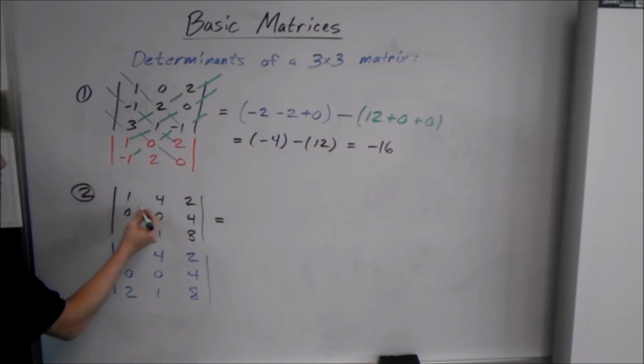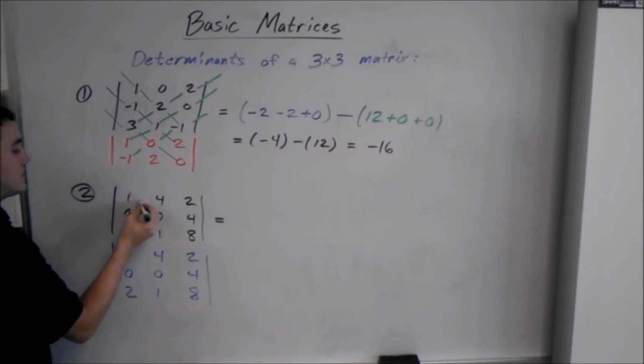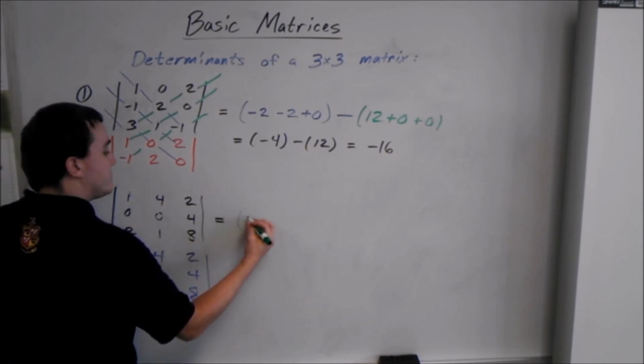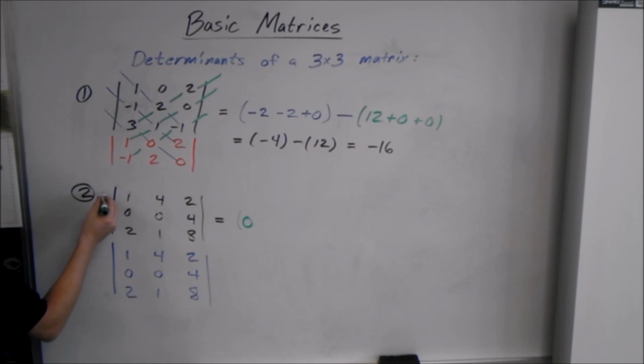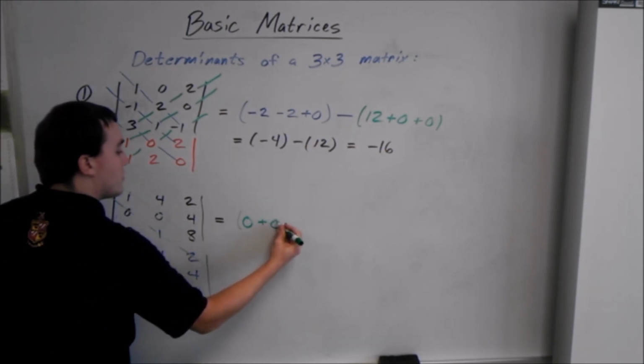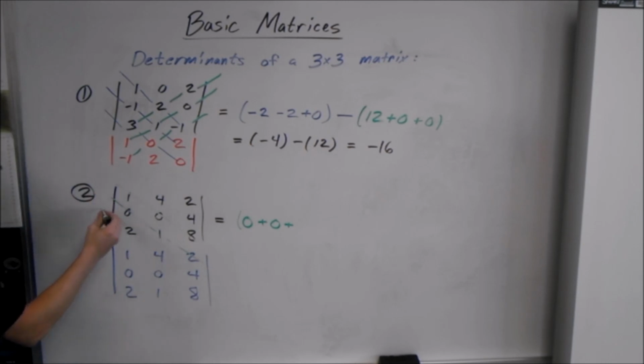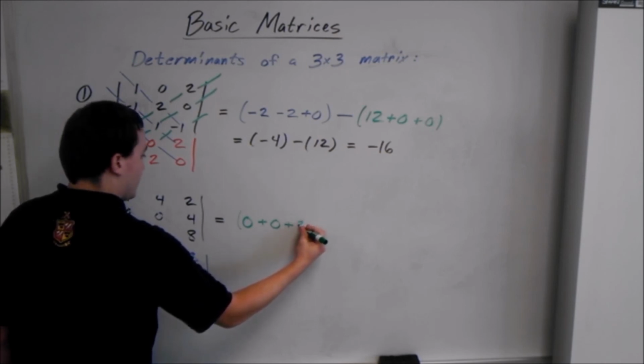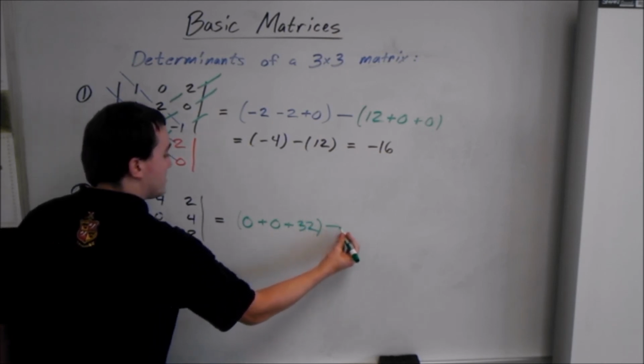First diagonal, 1, 0, 8, just multiplying these 3. And we get 0, 0, 1, 2, so plus 0, and multiplying 2 times 4, which is 32, minus